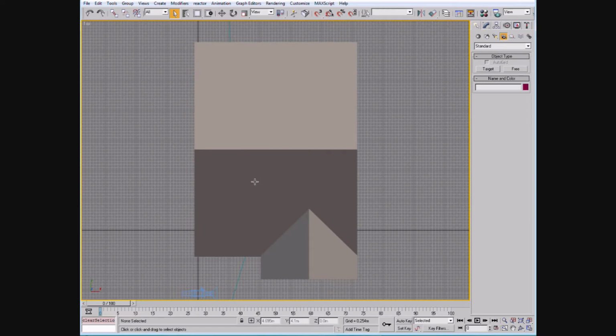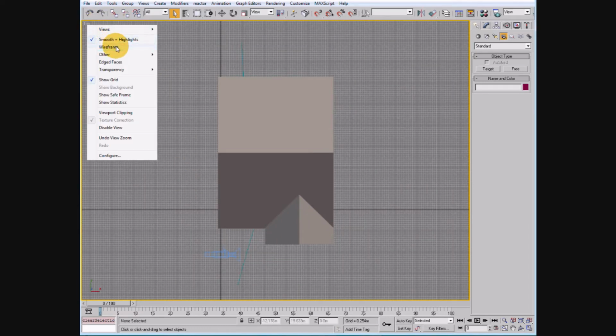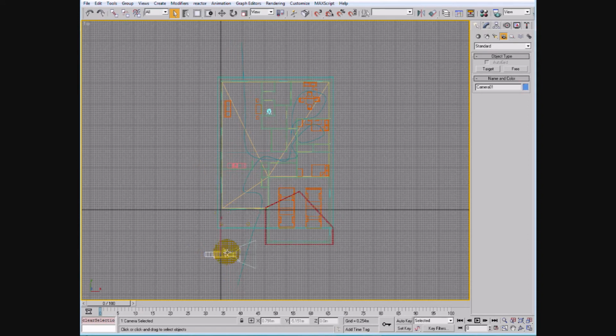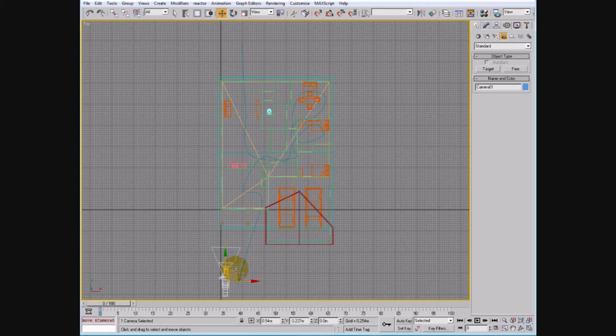The problem with doing smooth and highlight is we can't see inside our house, so that's not going to work, but just so you know, wireframe. Let's select the camera, let's go ahead and rotate it in the directions we want to go. Hit the escape key, and let's attach this to our line. Just move it on over next to our line, and then what we want to do is go to this